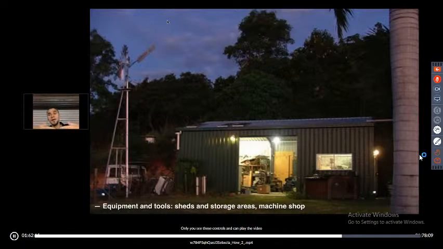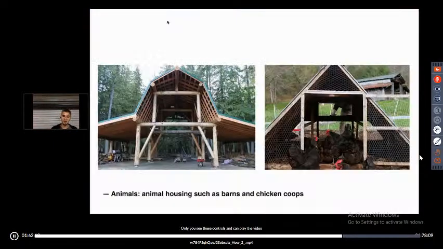Everything connected that you're going to use together. And then animals. Think about animal housing and barns and chicken coops. So those are all zone 1, zone 2 and zone 3. So when you think about all those details, I think how I'm going to tend my plants, where I'm going to put my equipment, where my animals are going to be,